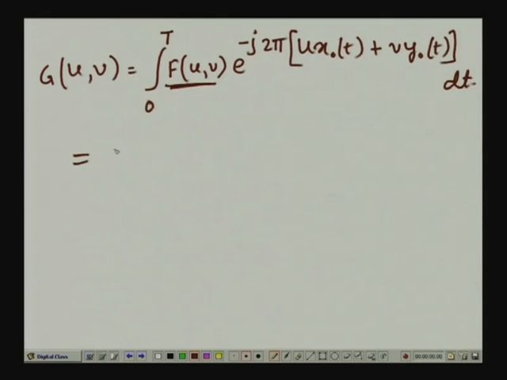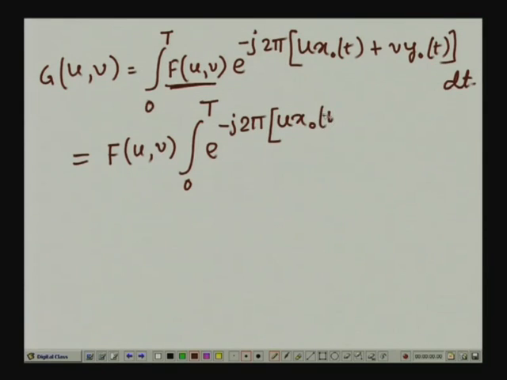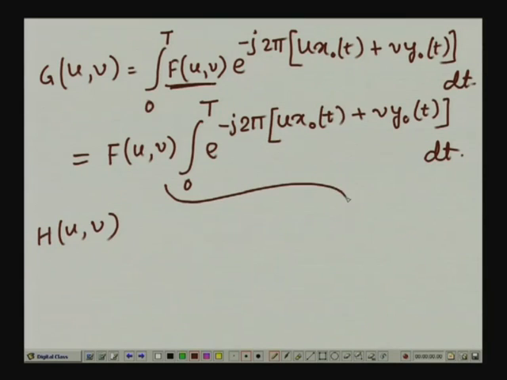So, the final expression that we get is F(u,v) into the integral from 0 to capital T of e^(-j2π(u x0(t) + v y0(t))) dt. Now, if I define my degradation function H(u,v) to be this particular integration,